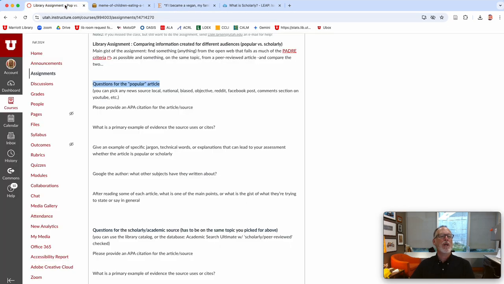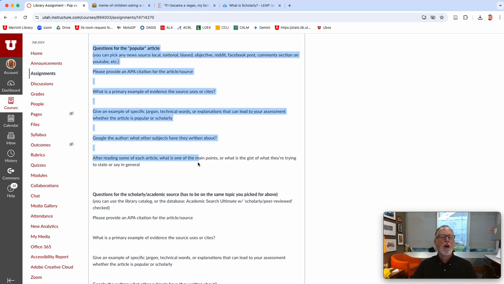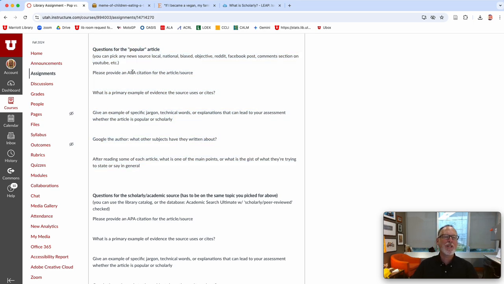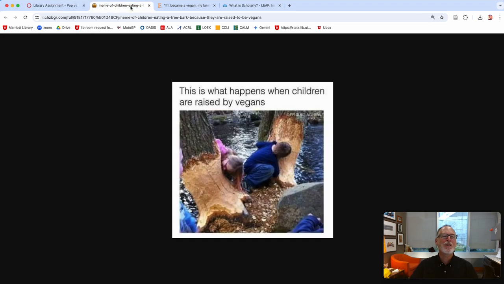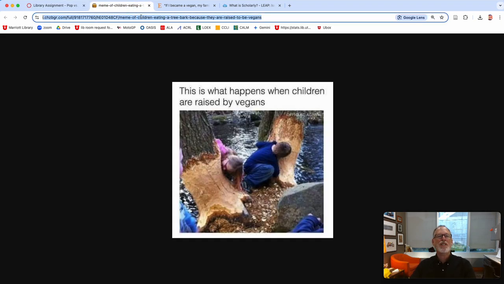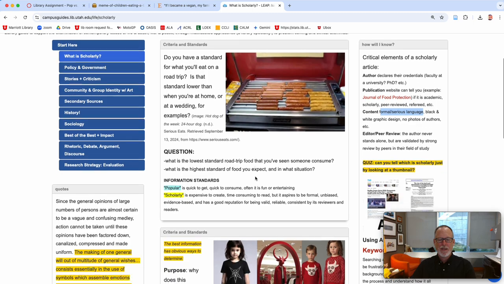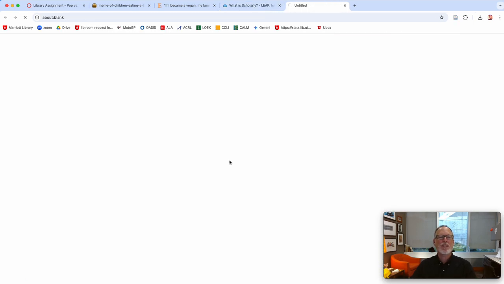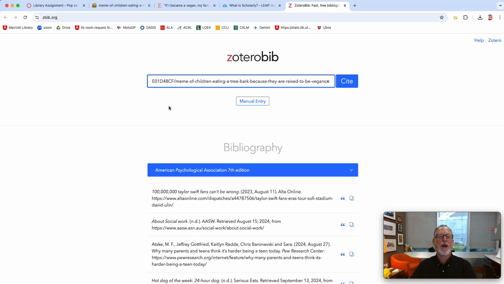How do we do the assignment? You go out and find something. I think for the assignment, you might be doing an annotated bibliographic entry. Feel free to go off and do something like that. You'll be finding two things. One is the equivalent of that silly meme, and feel free to do a meme if you want to. It'll say, what's an APA citation for this meme? I do have a citation generator in this guide. There's something called ZBib, and if you put in the URL,